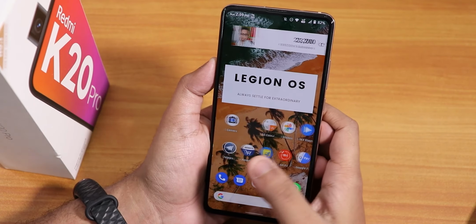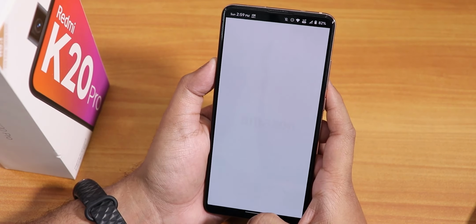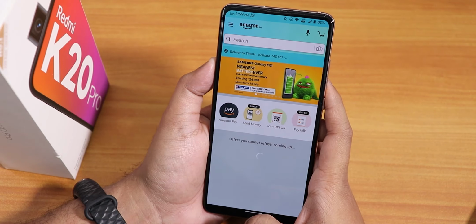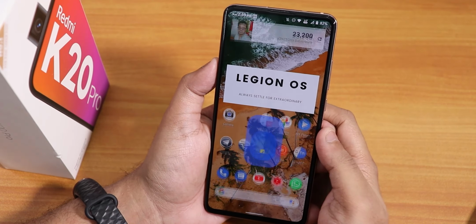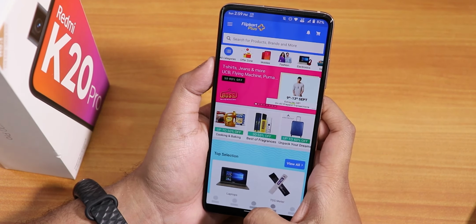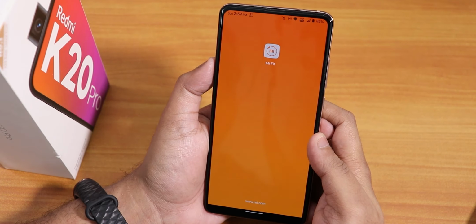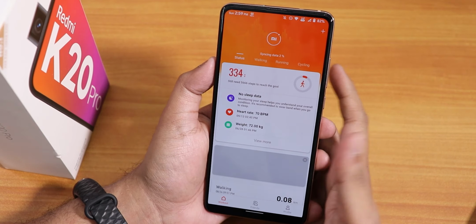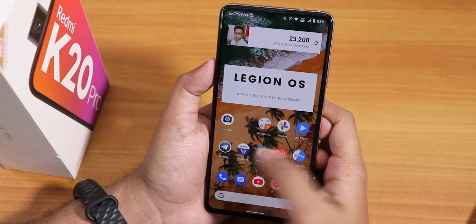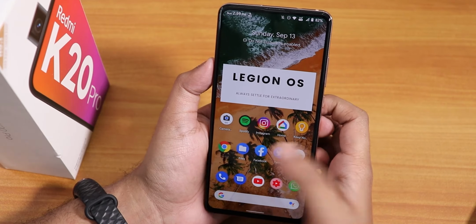Something else. Okay, so I did open YouTube. Now let's open Amazon. Now Flipkart. Right now, what else can I open? Mayfit.